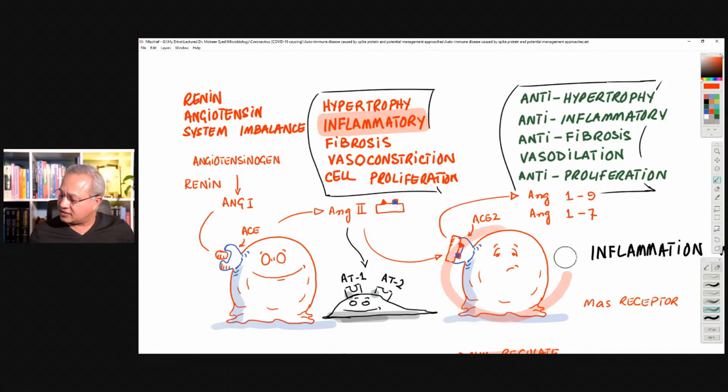So on other cells, and we know kidney cells, GIT cells, heart cells, lung cells, brain cells, there are cells with the receptor ACE2. And we've been talking about ACE2 for 2 years now. That is the receptor, or enzyme, that is used as a receptor by SARS-CoV-2. This enzyme